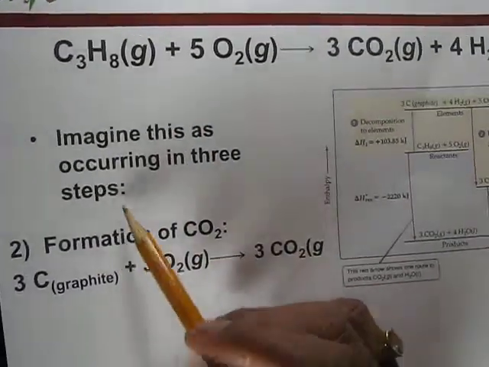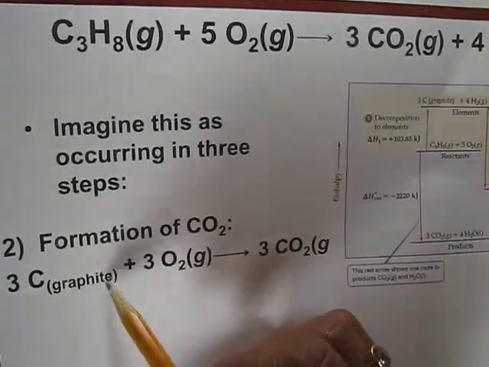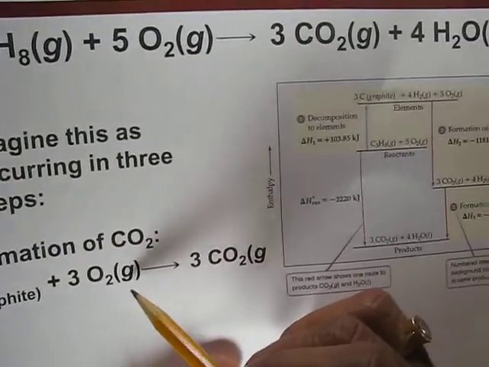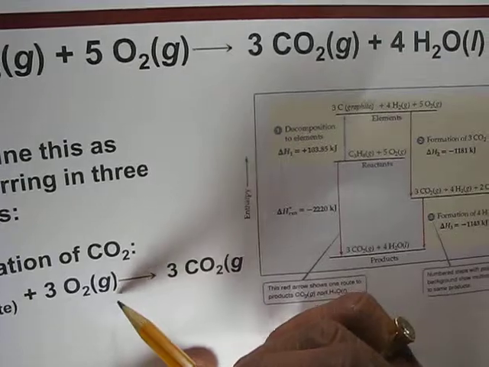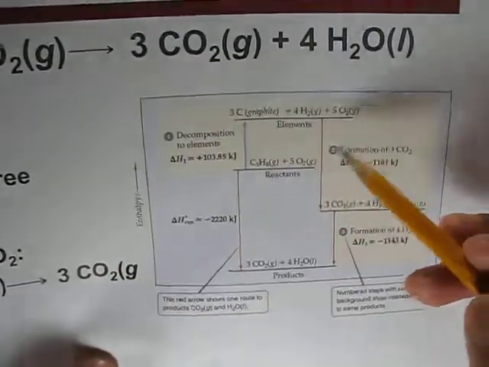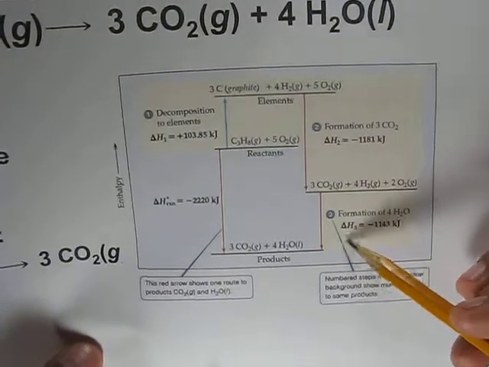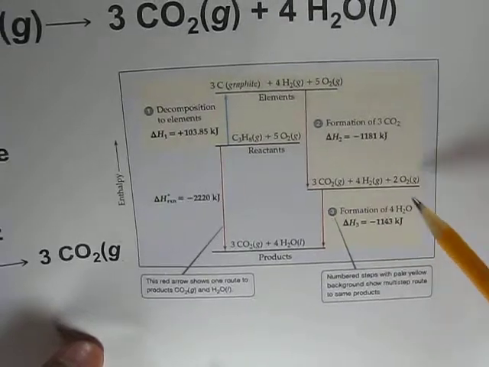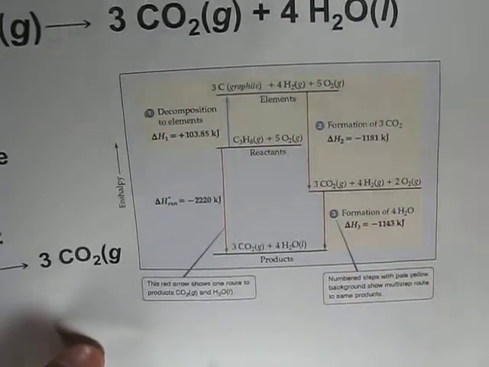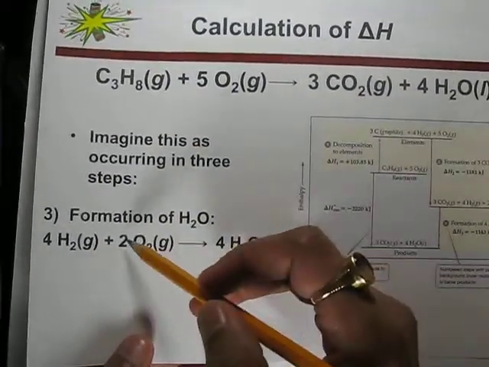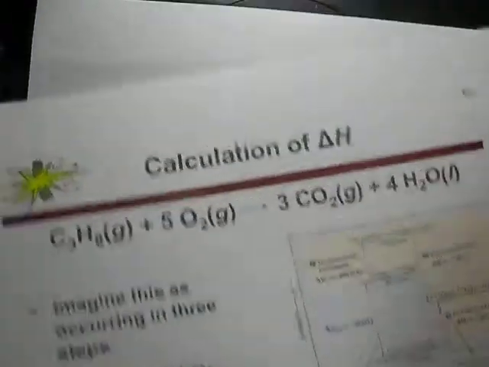and in the second step we can consider the formation of carbon dioxide gas: graphite, which is carbon, when oxidized or burned with oxygen gas, forms carbon dioxide gas. So first step this one, second step from here to here, and in the third step we will consider that hydrogen and oxygen are forming together as a water molecule. So imagine the third reaction will be formation of water molecule,